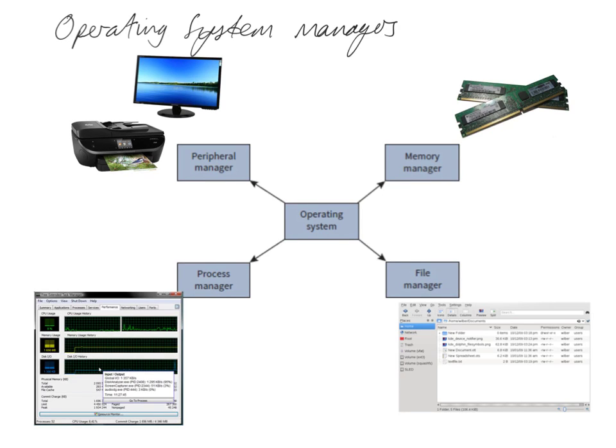So in an operating system there are four main what are called system managers: peripherals, memory, file and process. And peripherals looks after any input or output device. That could be a monitor, a printer, a microphone, a camera, or a hard